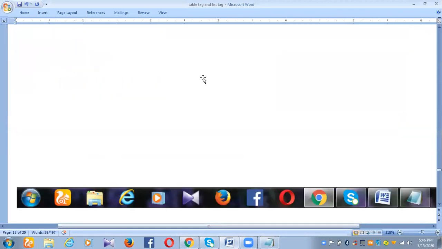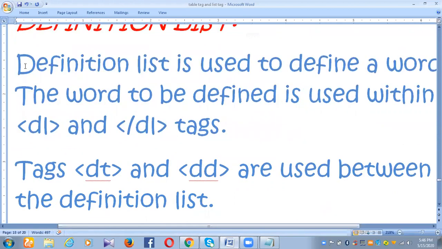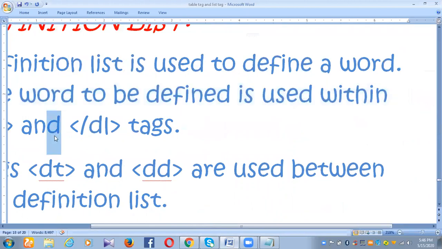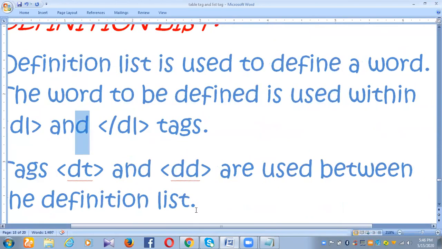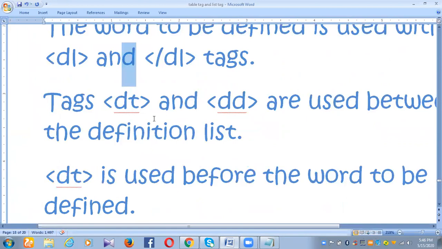Moving further, we have got the last one, that is the definition list. As discussed earlier, I told you the definition list is used to define a word. The word to be defined is used within the DL and /DL tags, and these elements contain DT and DD also between the definition list.